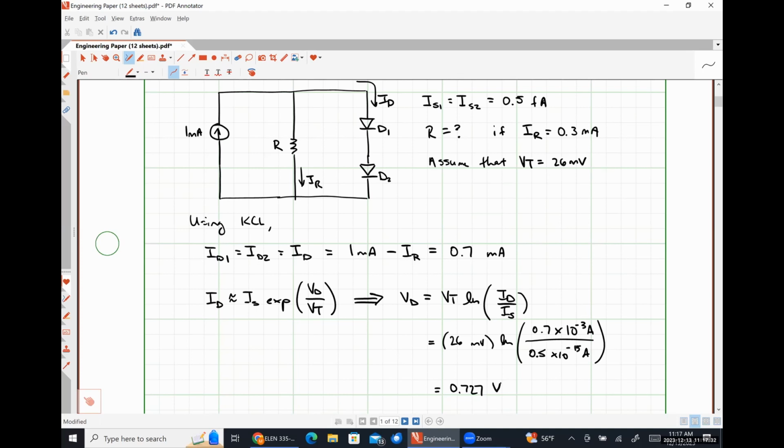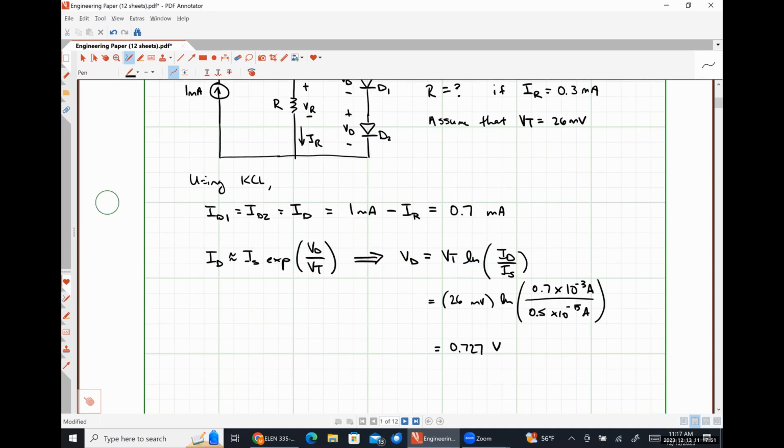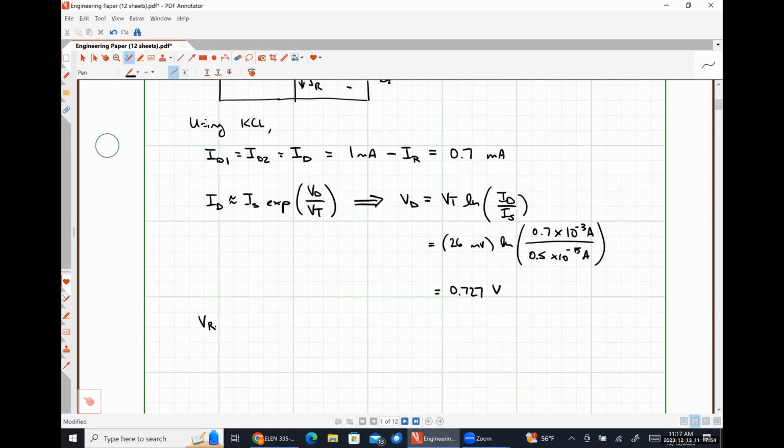Absolutely correct. Right. So we just figured out what this voltage VD is, and because our diodes are identical, the voltage drop across the resistor is exactly equal to 2 voltage drops across our diode. 100% correct. So, since VR is twice VD and IR is 0.3 milliamps, R must be twice VD over IR,